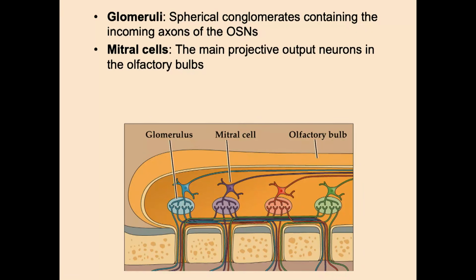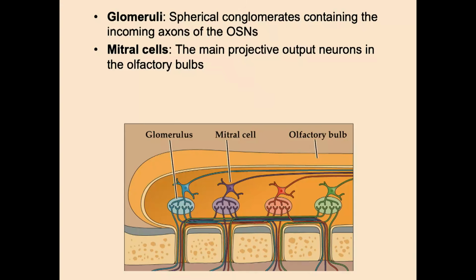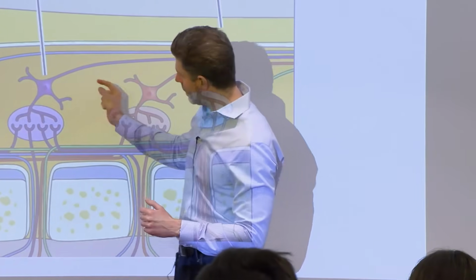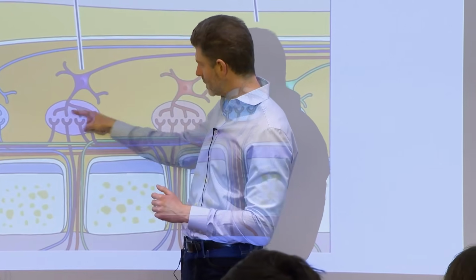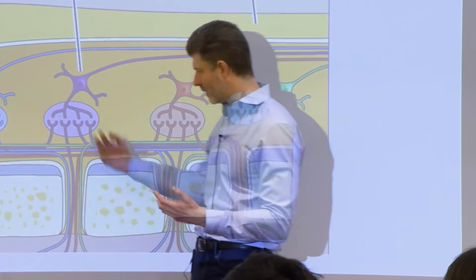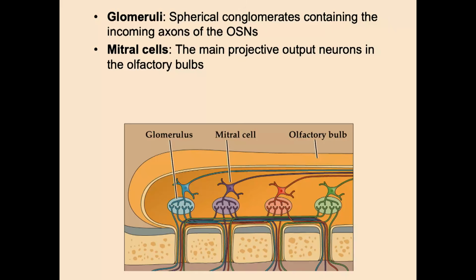Okay, so the olfactory bulb is an important structure in the processing of olfactory sensory information. The olfactory bulb contains these things called glomeruli. These are groups of cells that contain the axons of the olfactory sensory neurons of a particular type. And then the mitral cells are the output neurons contained within the olfactory bulb. So you have all of these axons that accumulate in this one place. Then the mitral cell gets input from that, and these are all of a certain type of receptor, and then that goes on to the rest of the brain.